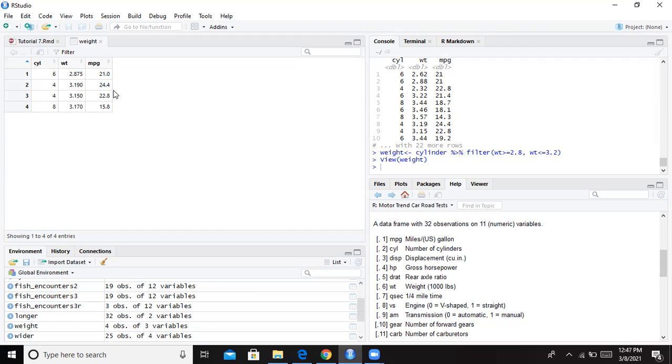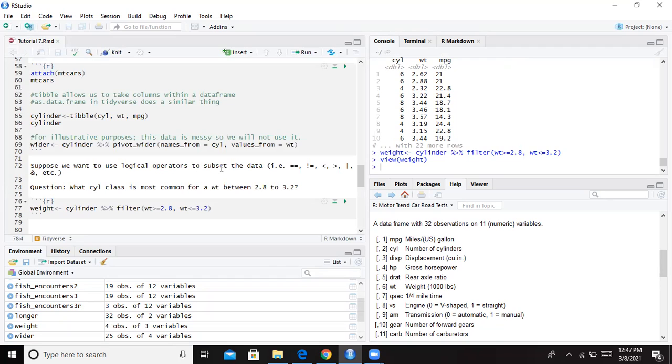So if your force of gravity is low and you weigh less, if you think about it in terms of even long distance runners, they tend to be petite, like center of gravity is low, they're light, right? And they move faster. So it makes sense that the cars that are heavier move slower, as in their miles per gallon is actually less than a car that is smaller. It's moving the fastest. In fact, cylinder class of 4 is even moving marginally faster than 6. And this kind of makes sense, right? And we can actually test my revised hypothesis. Now I think that cars that weigh less should, in some sense, right,